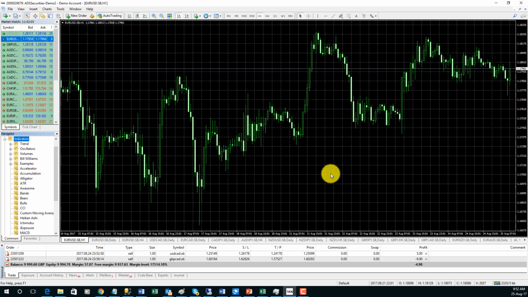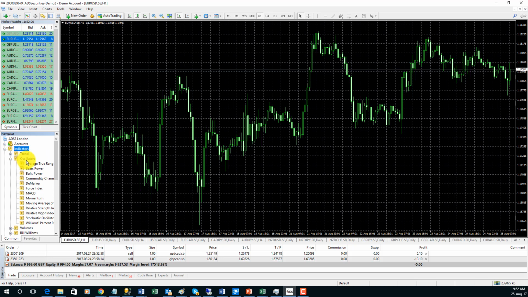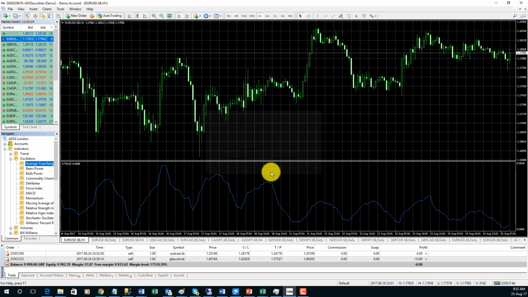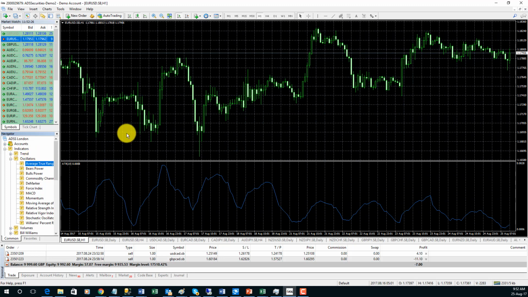Now this chart here, as we see, has no indicators on it. It's empty, but I could, if I wanted to, just grab one of these indicators and drag and drop it across. We'll cover indicators later, but if I wanted to see an oscillator, an average true range, that's how you do it. You just drag it onto the chart window. Some indicators appear as their own little window below, and others appear